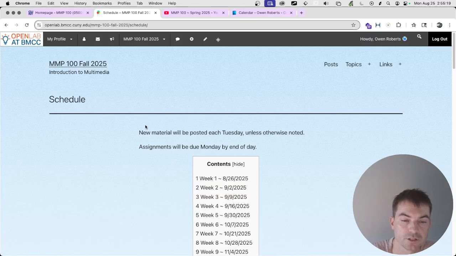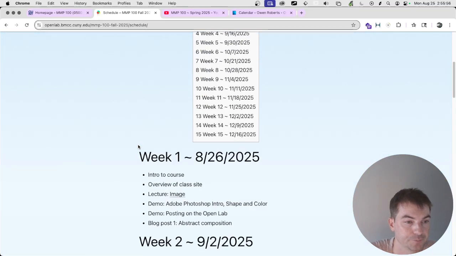Since the semester starts on a Tuesday this fall, I'm going to post every Tuesday unless there's a change in the schedule. And there are a few Tuesdays that we have off. Just to keep things aligned with the rest of your academic schedule, I'm going to observe those holidays as well. Assignments will be due the following Monday by the end of the day so that I can review it on the Tuesday. The one exception to that is next week we have Labor Day. I'm assuming a lot of you are going to be traveling and doing stuff like that, so I just extended the deadline for that by 1 day. So you'll have an extra day to turn that in.